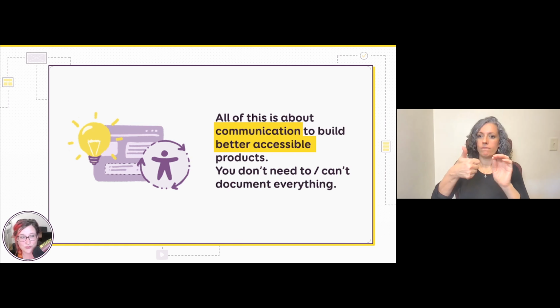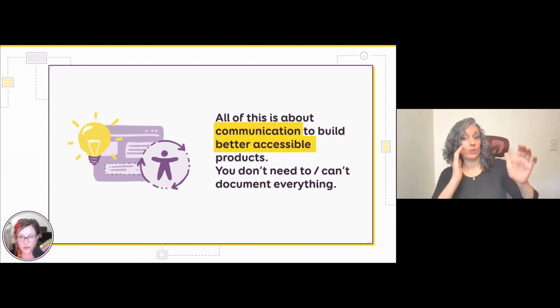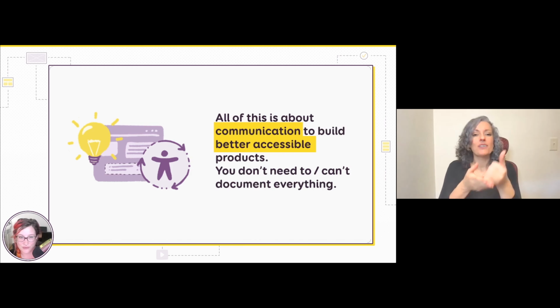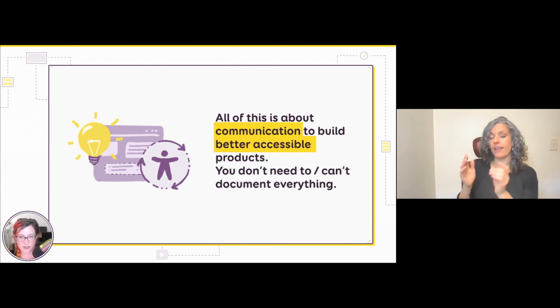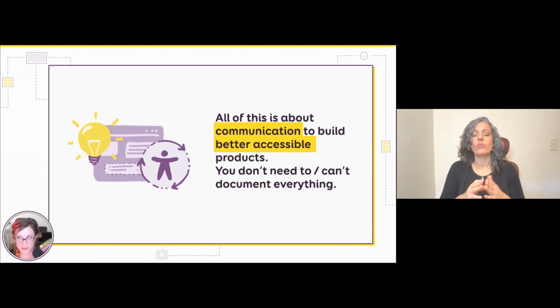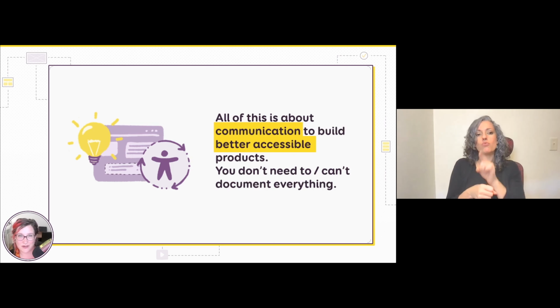The important thing is that it's teamwork. So even if you can't document everything at some point, keep a channel of communication open with your developer team, because they might also know about accessibility and be able to do something about that. Also communicate with other designers and with the testers, so that together we can push accessibility forward and make sure it's taken into account from the start of the project and not just at the end. And yes, it's a demanding journey, but it's worth it.